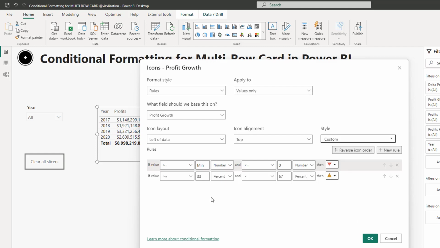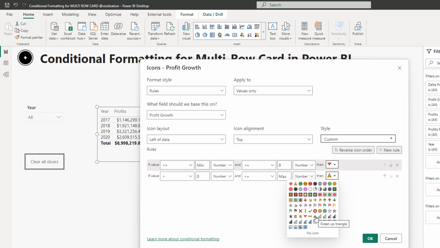And then we can also add another rule here. So this is gonna be if it's greater than 0, less or equal to maximum, number here, and then let's look for the up arrow. So it's right there. Let's hit OK and let's see what happens.